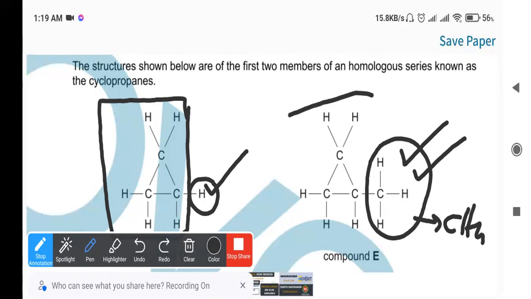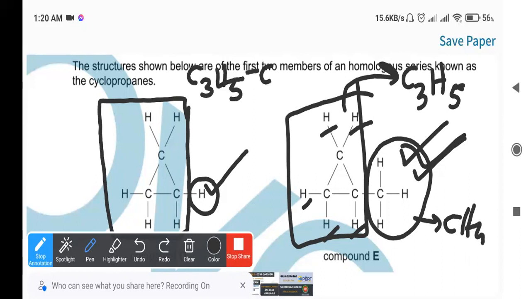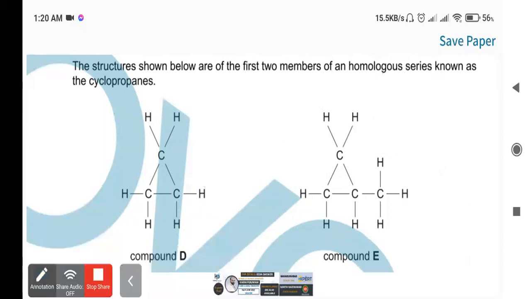Okay, so let's focus on this part. This part is the same in both cases. So what is the formula for this part? It's C3H, 1, 2, 3, 4, 5, so C3H5, combined with this part. This part has one less hydrogen atom than an alkane. So a general formula can be CnH2n+1. This can be the general formula that you can say, or